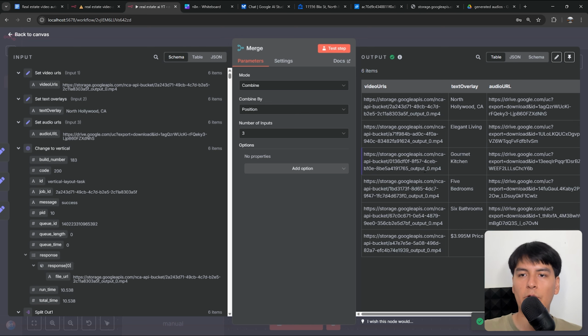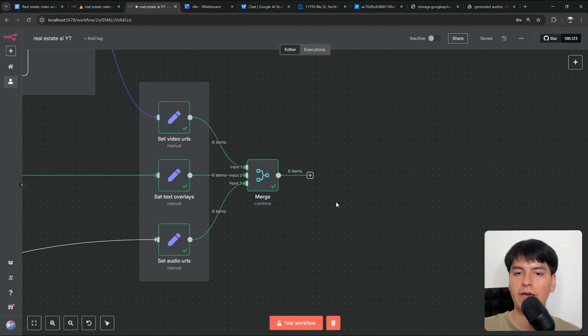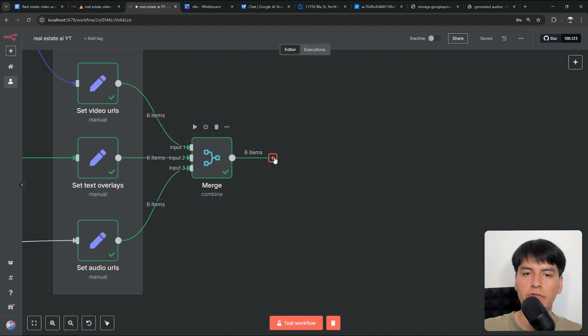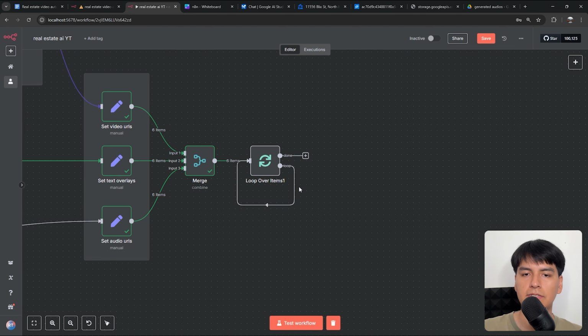And as you can see, now it outputs all of the 6 items with the video URLs, text overlays, and audio URLs. Okay, and now that we have merged all of these items, we can use the no-code architects toolkit again to use the FFmpeg endpoint to overlay the text on the video and to overlay the audio on the video. So for that, just select the loop over items node, and inside the loop just replace this node